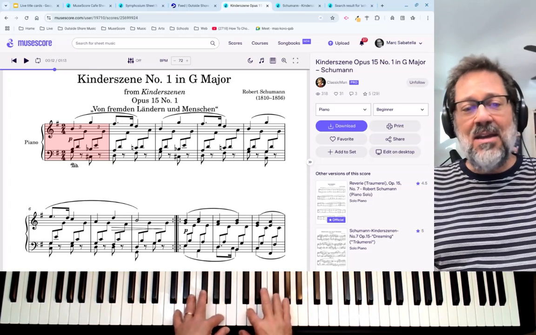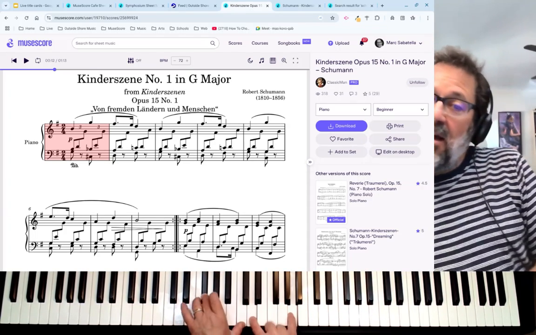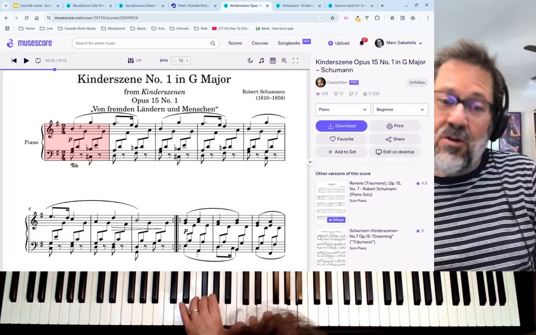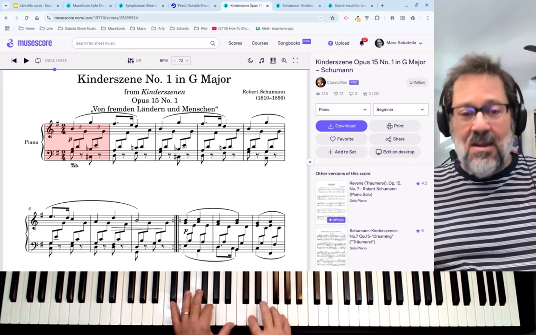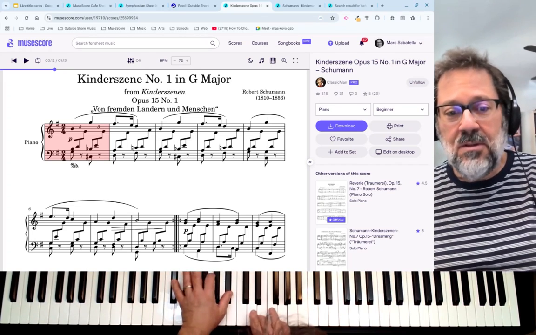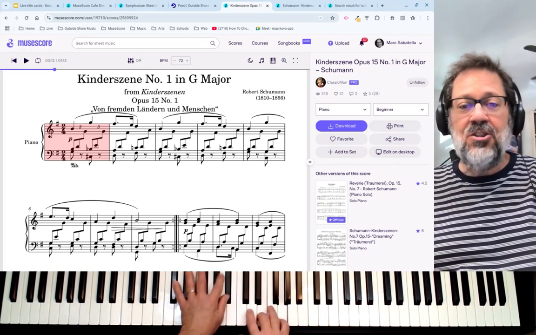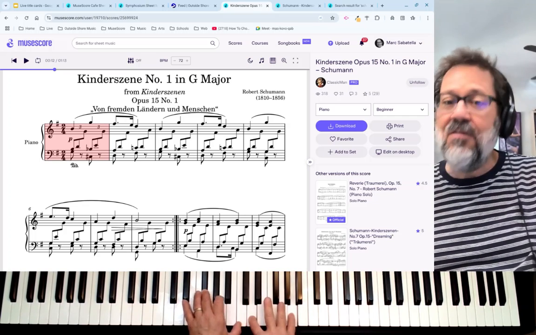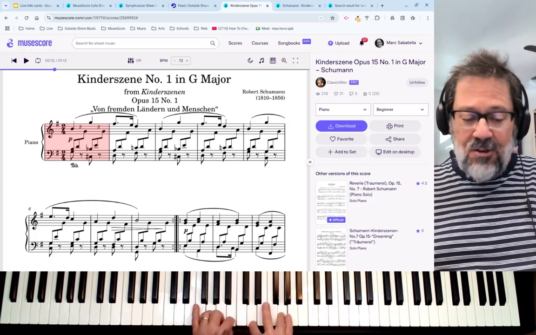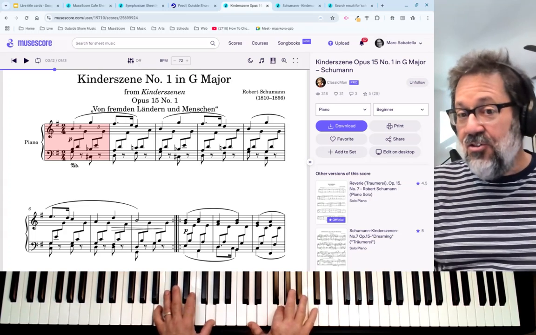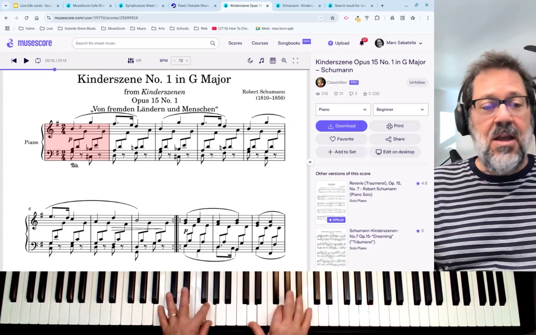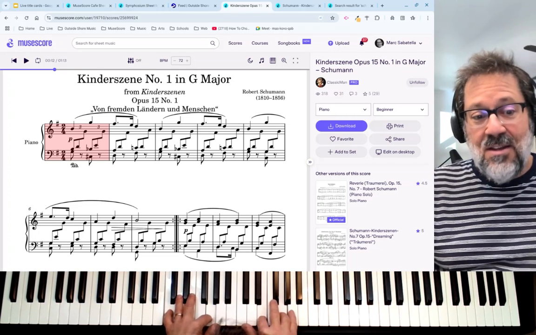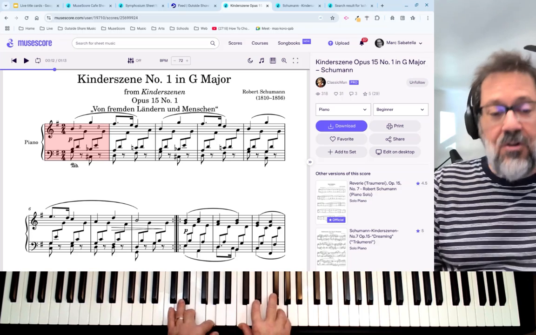And then we have a D major chord, a D7 chord in first inversion. And then we have the same thing again, G major, the C sharp diminished, the D7 in first inversion, then the G major, and then we have G major in first inversion, and then a C chord in first inversion,